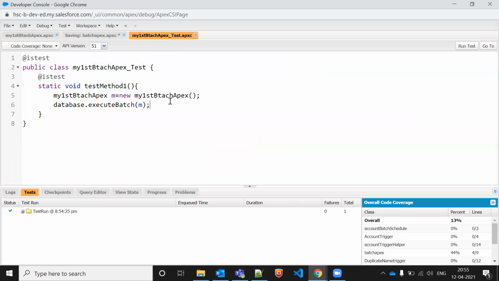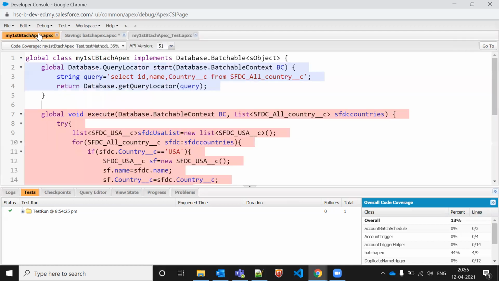Because we did not pass that, Amarjit, the countries list. No, where will I pass it? Even we have Database.Batchable. So do I need to pass this one as well? No, we don't need to do anything. So what's the reason? Because we didn't create any test data for this SFDC old country.